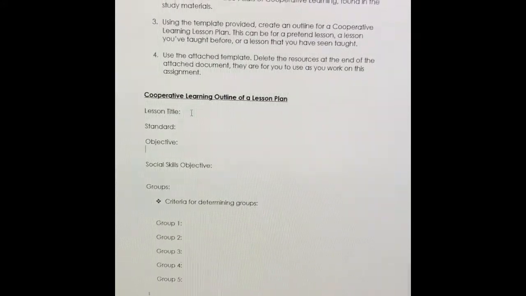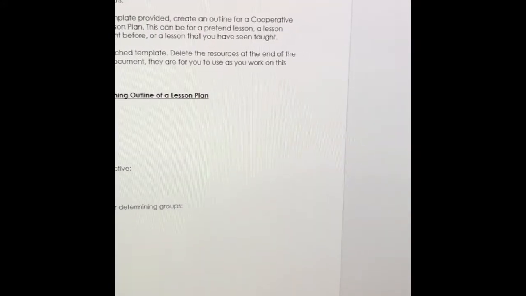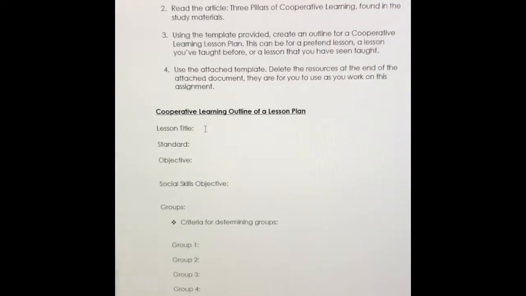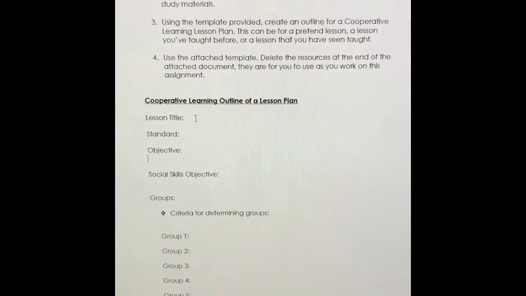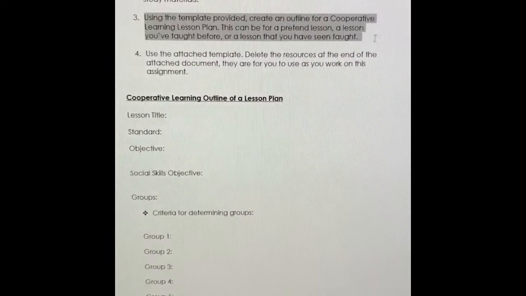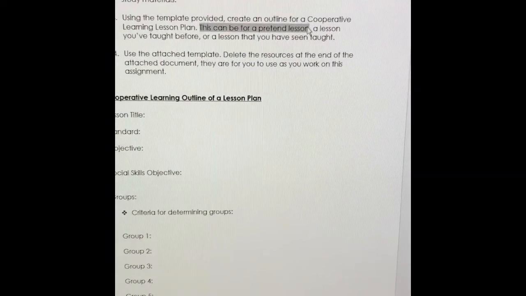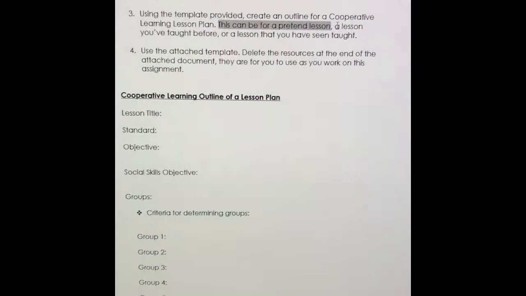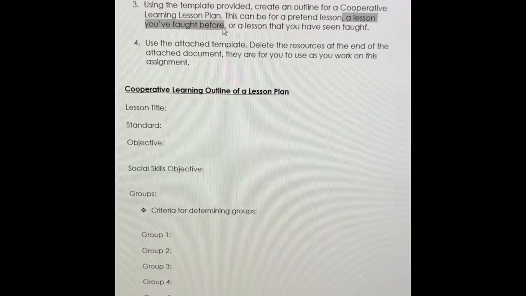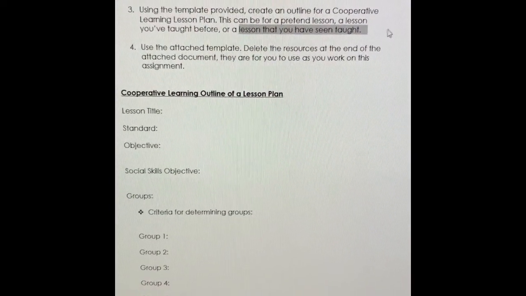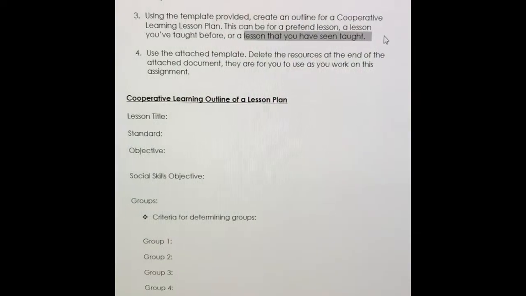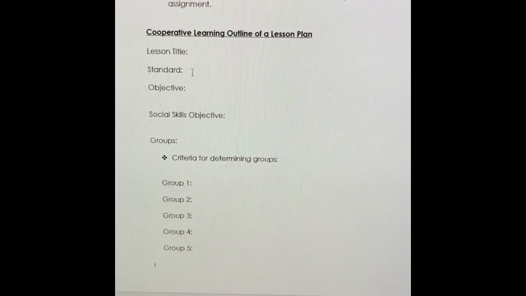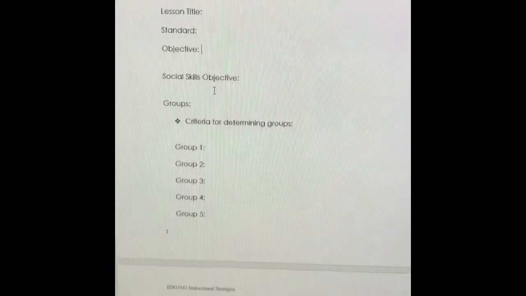So what this is doing is you're writing basically an outline of a lesson plan that includes some kind of group work, some kind of cooperative learning. Number 3 shares that this can be for a pretend lesson, so just something you're coming up with right now. It can be for a lesson that you've taught before, or it can be for a lesson that you have seen taught. Okay? So, with this, you're going to write your title, give your standard, give your objective, and then